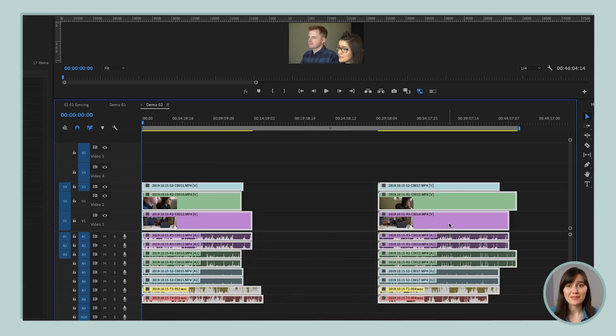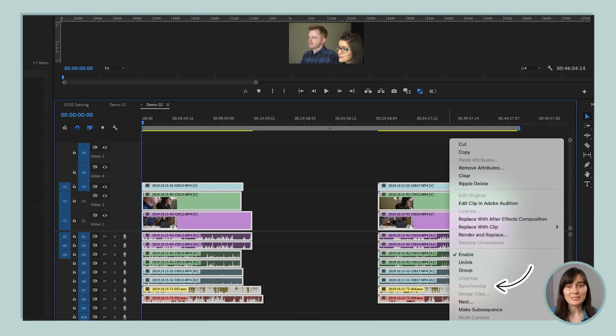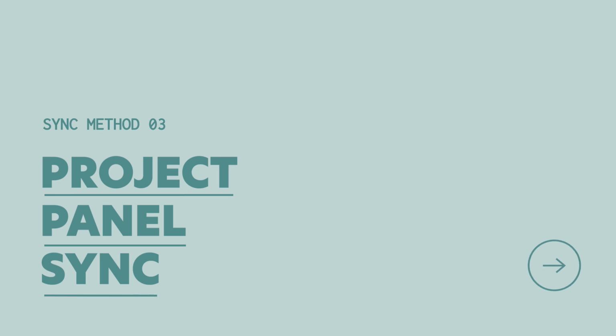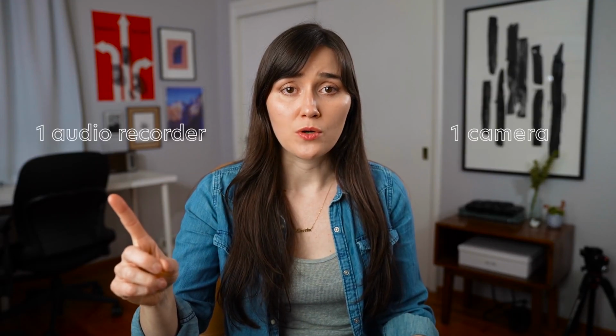If I try to select them all, then you'll see synchronize is grayed out. But if you only have a few batches of footage, maybe you're just talking to the camera, then this synchronize function is really efficient. All right, sync method number 3 is the most efficient way to synchronize if you are just using one camera and one external audio recorder, and it's not on the timeline, it is in the project